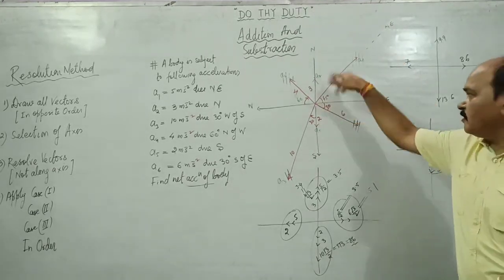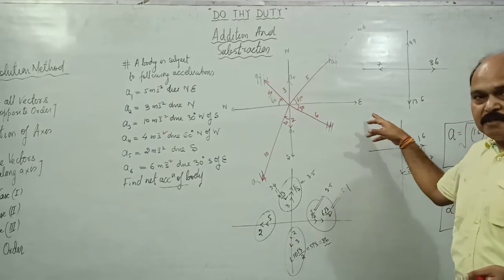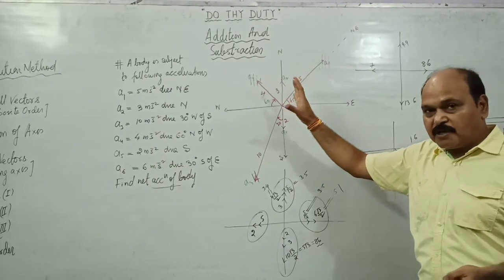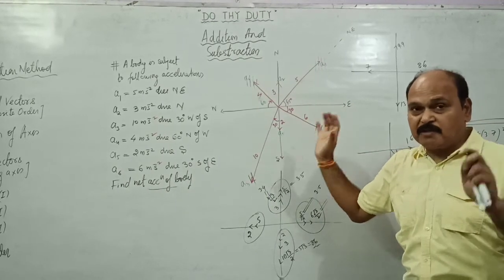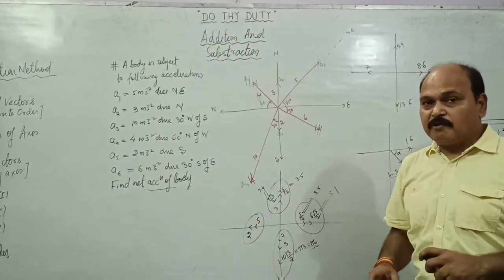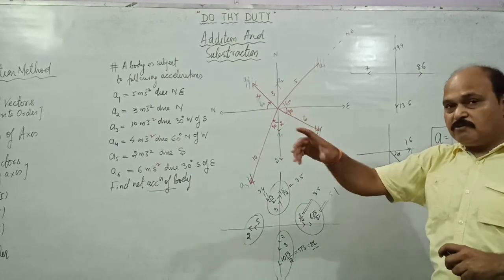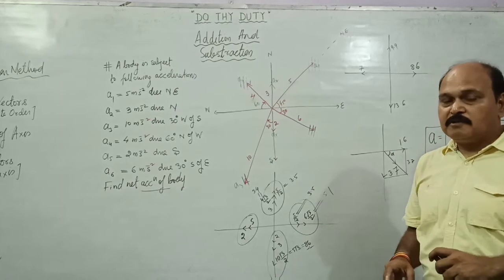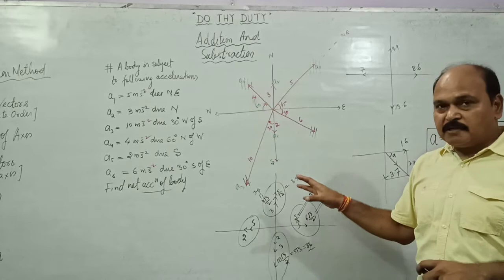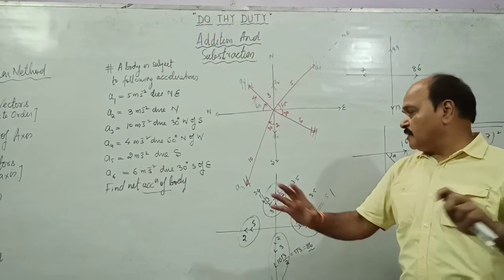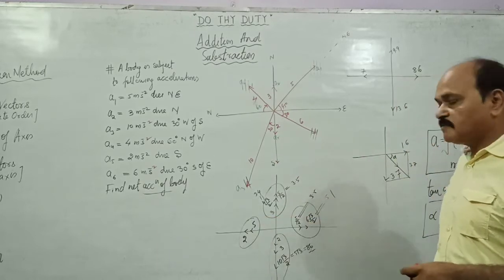We have first of all made all the vectors, and then we have selected 2 perpendicular axes, and the vectors which are not along the perpendicular axes, we have resolved them. There should not be any error in resolution. You have to be very, very careful, and you should know the values of the known angles if they are in the question. Otherwise, you can use your calculator to find the value of the angles which are not known. And once you resolve all vectors, you see that all vectors and their components are always along the 2 perpendicular axes you have selected.